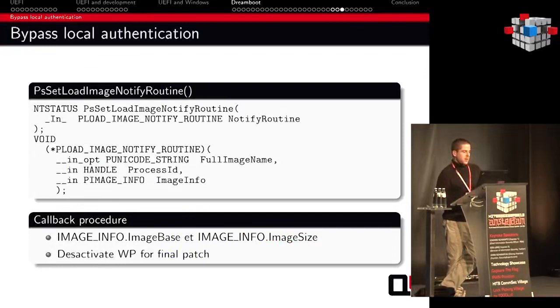Everything is fine with the notify callback, because in a callback parameter we have everything to do a patch: the image base, the image size, the PID. So it's very easy to patch. Next, for privilege escalation,